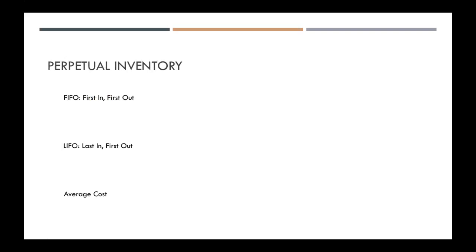So now let's talk about perpetual inventory. This is when you started working into chapter 6. So you started to learn about FIFO, LIFO, and average cost, right? FIFO's first in, first out. LIFO, last in, first out. And then average cost, we combined all of our inventories to figure out an average unit cost,